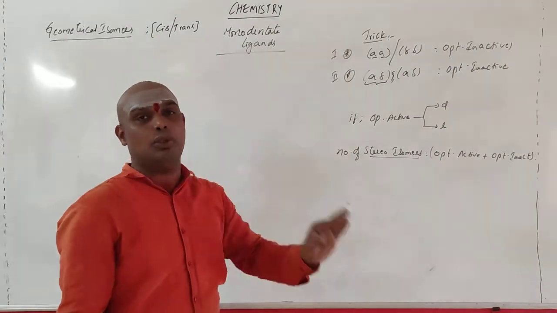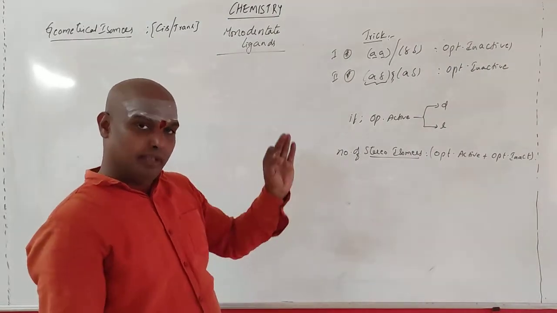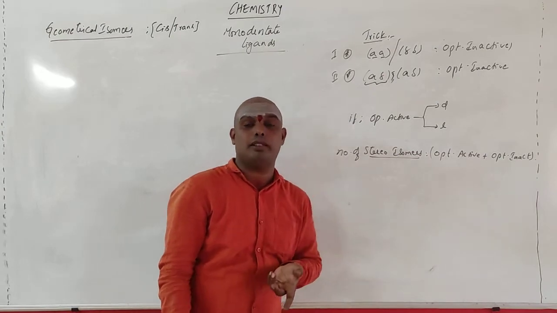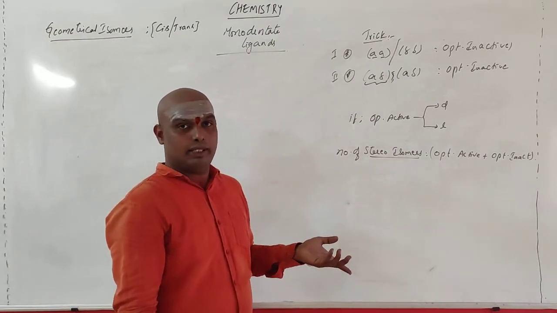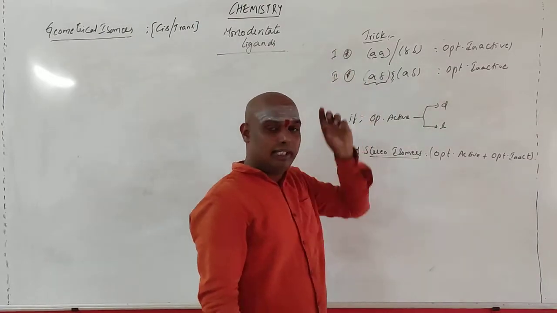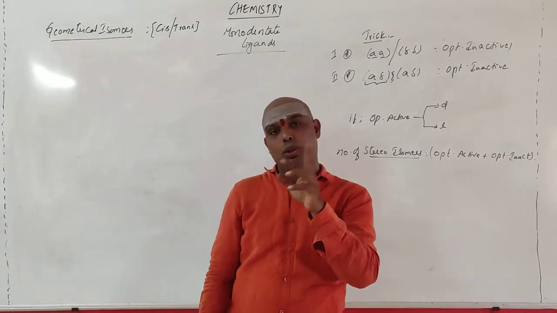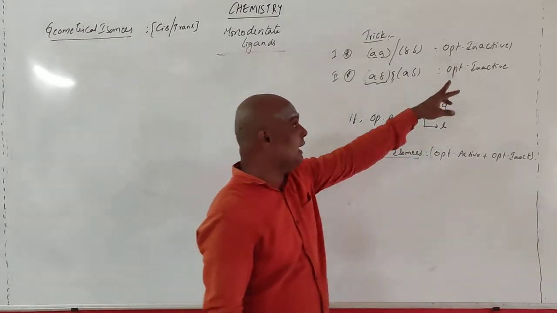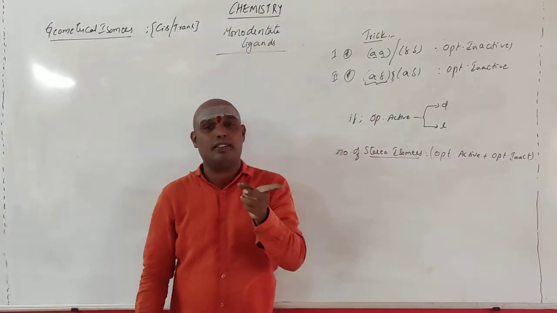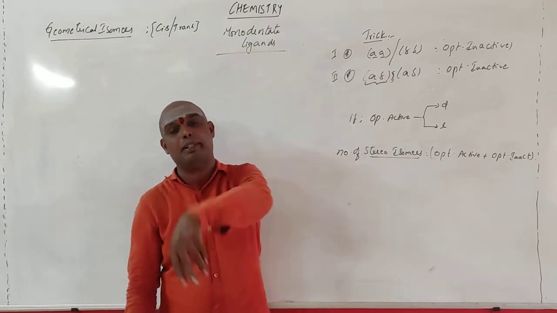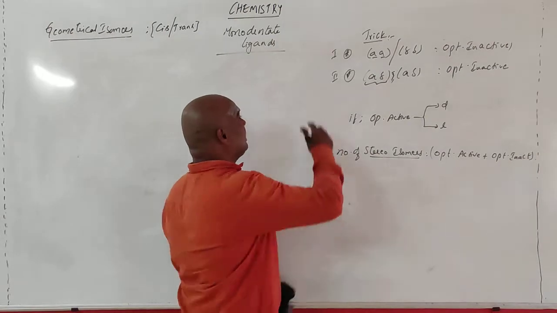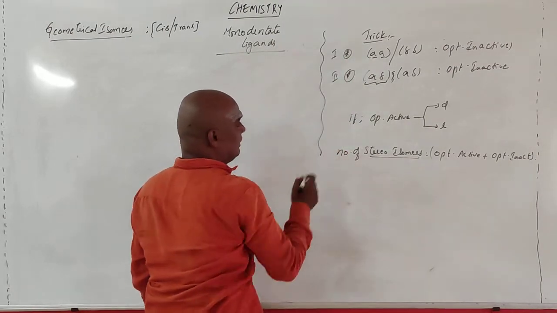Be clear with this, be thorough with this, then you can solve all the questions with respect to monodentate ligands, the geometrical isomers, and the number of possible optical isomers. If within one set both ligands are the same, then it is optically inactive. If one set consists of two different ligands and the same set is repeated again, then also it is optically inactive. This is the main thing that you should keep in mind.